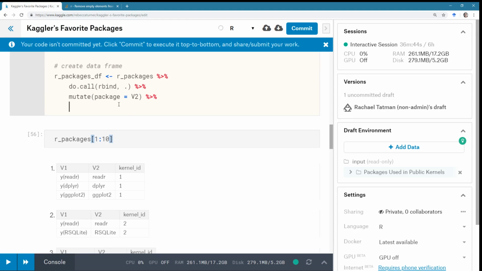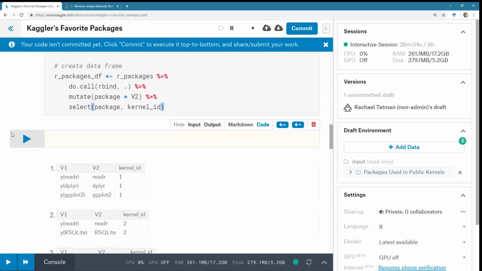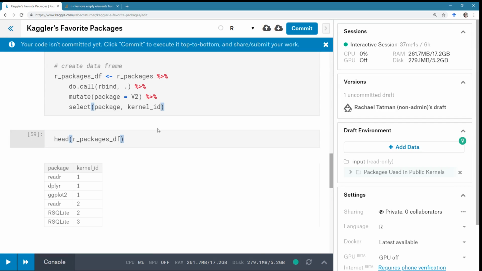And then I'm going to select just package and kernel ID. And this should create a beautiful data frame that has the two columns that I said that I wanted at the very beginning. All right, we are good to go.